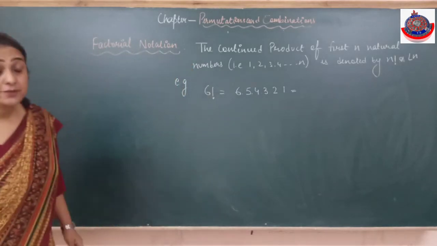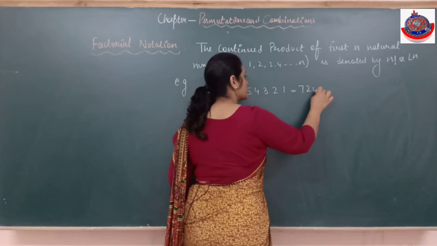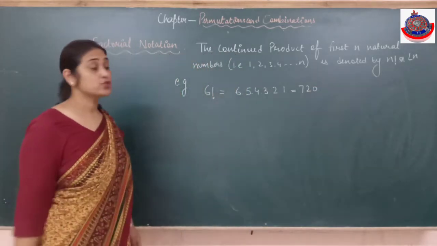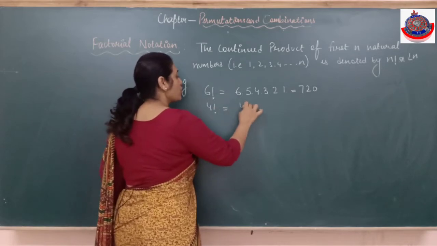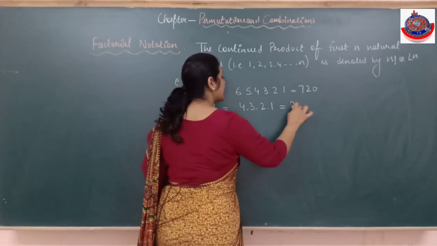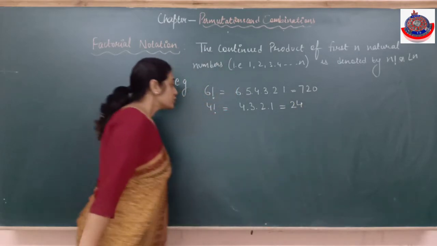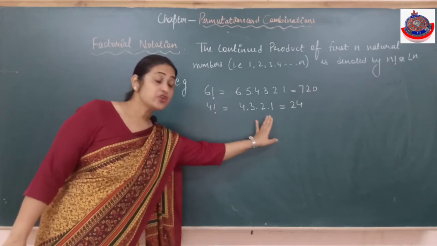So 6 factorial is equal to 720. Suppose I have to write 4 factorial, that is 4 into 3 into 2 into 1. That is 24. So whatever number is written in the factorial, from there continuously you have to